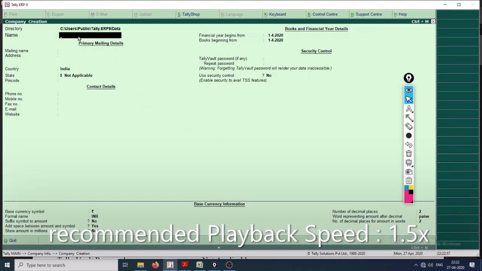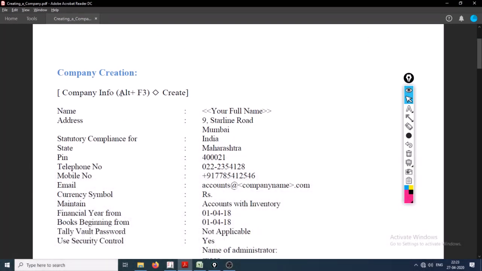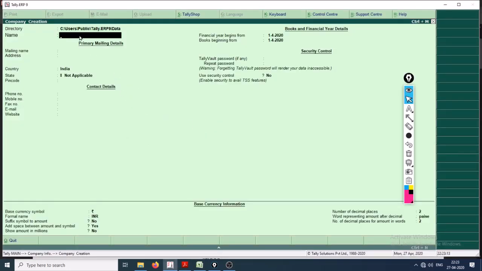Now you have to put the name of the company. I recommend you put your own name, so that it will interest you more when we are done with all the financials. You can see your own name in the heading of every financial report. But I'm going to create it like Beyond Milky Way.